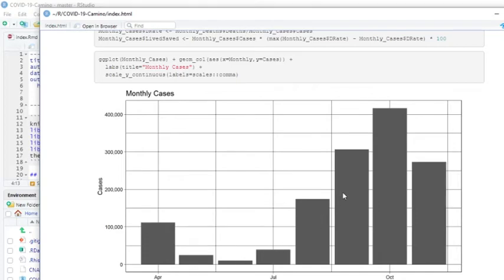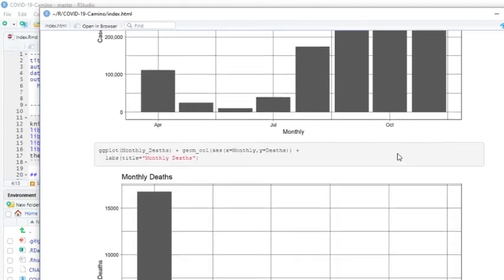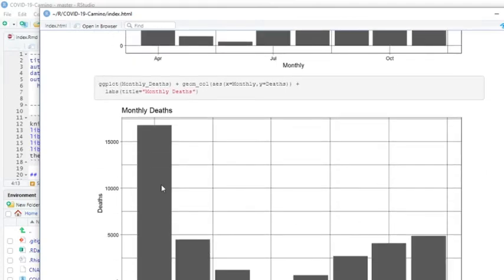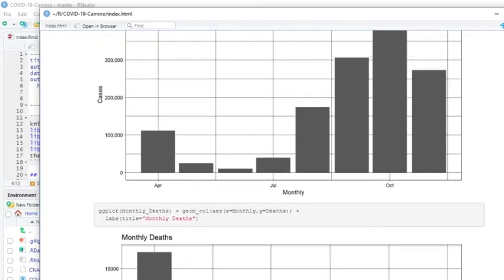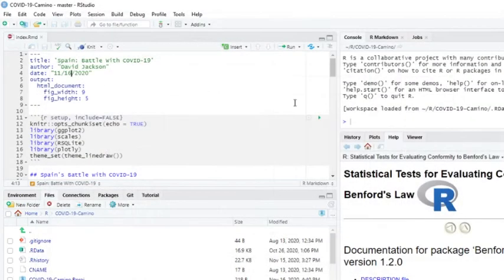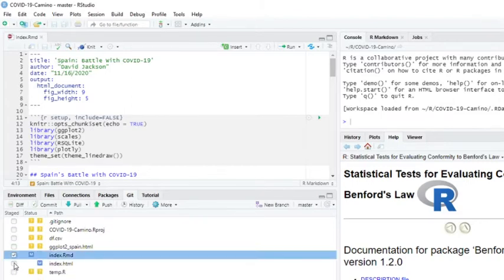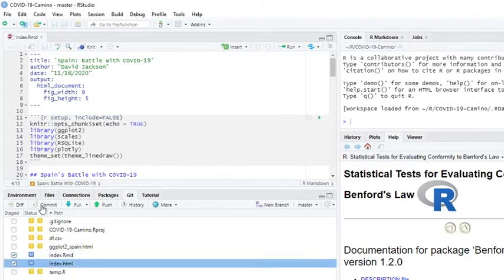There's this long series of increases in monthly cases. And unfortunately, November probably will catch October's cases. Deaths, you can see, had a huge spike back in April, but actually fell below 5,000 up until this month. And unfortunately, I'm afraid Spain's deaths will pass 5,000 for the month. So Spain has definitely continued to struggle. But this takes care of the report for Spain.